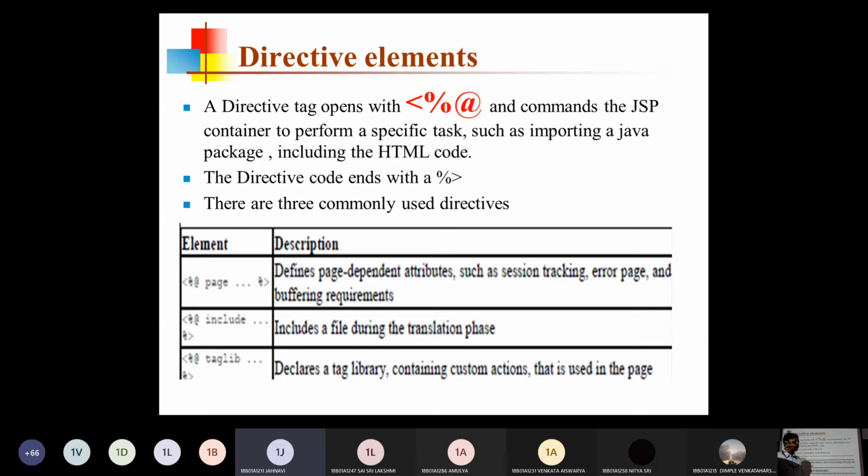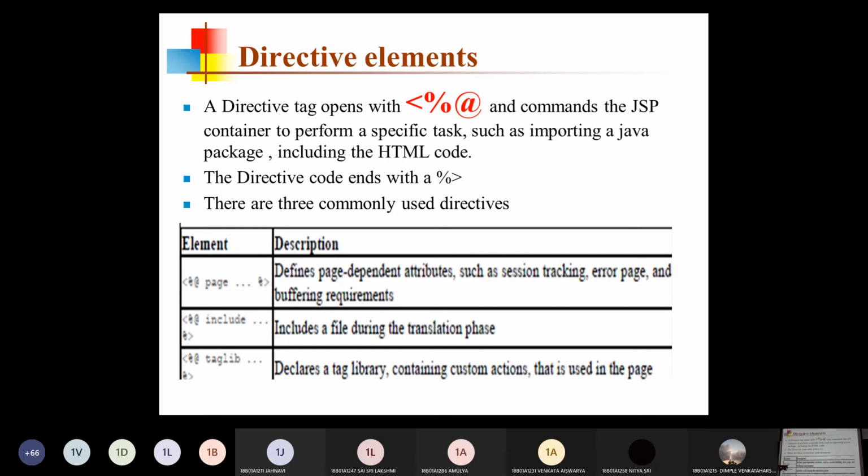Three types of tags: comments, with hyphens; the declaration tag with the exclamatory mark; and the expression tag. These are the tags we have already learned. And the directive element starts with at the rate of. There are three different tags inside this.